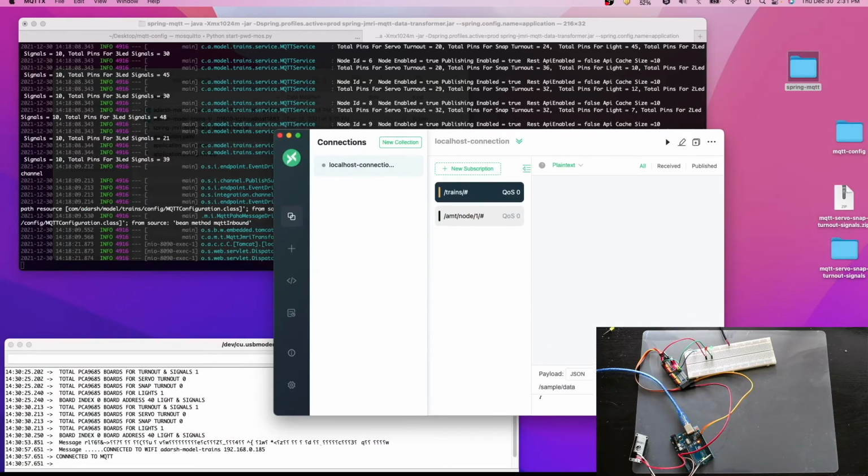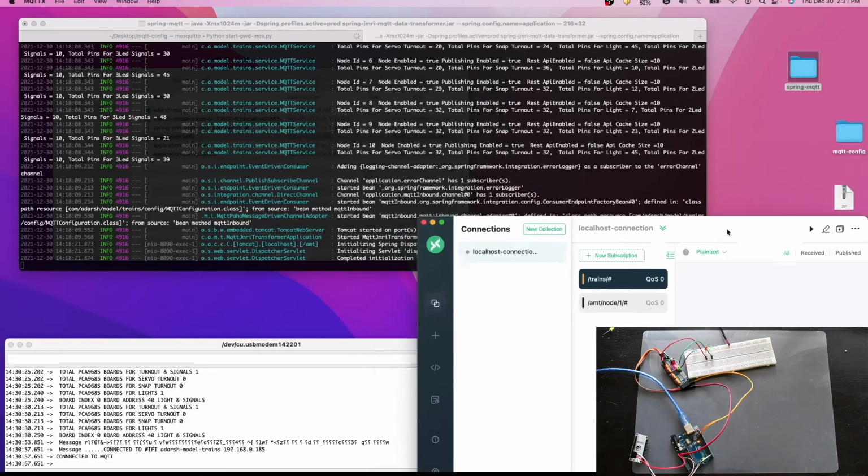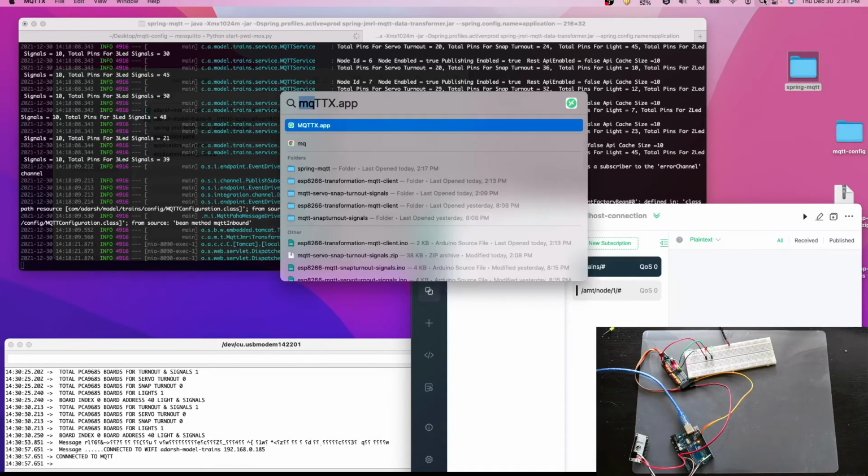We can minimize this part. This we don't need. Now the next thing we have to do is start Panel Pro.